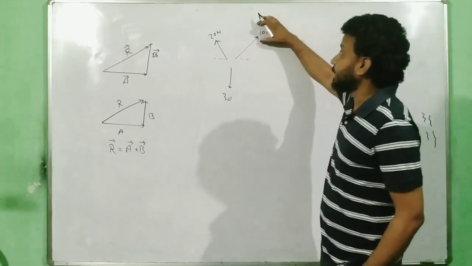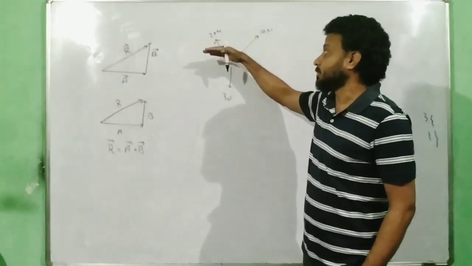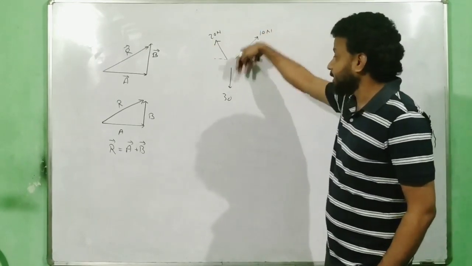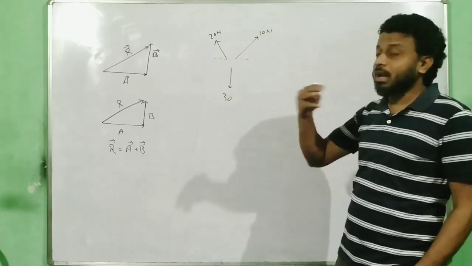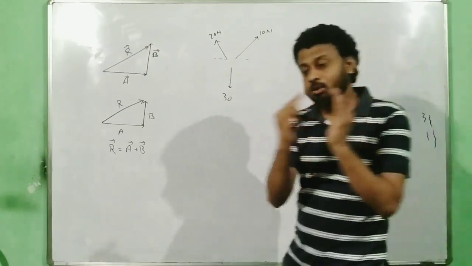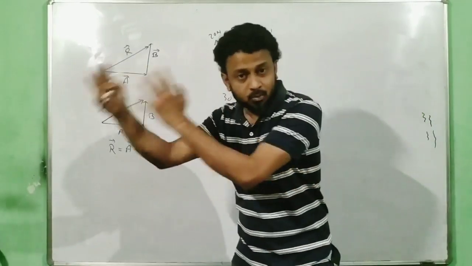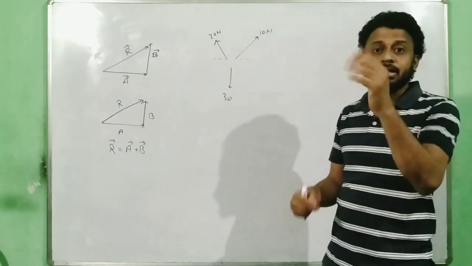Then you will write vector A in terms of its i and j, and B in terms of its i and j, where here i will be negative. Then you will write C in terms of its j component, which is downward. Then you will add them all up. You will segregate all the i components, then all the j components. That will lead to finding the resultant magnitude and the direction.